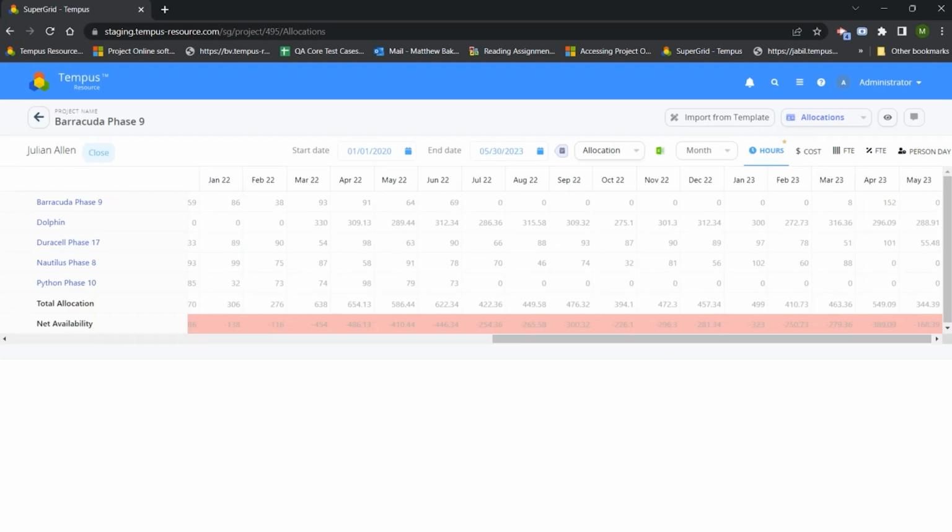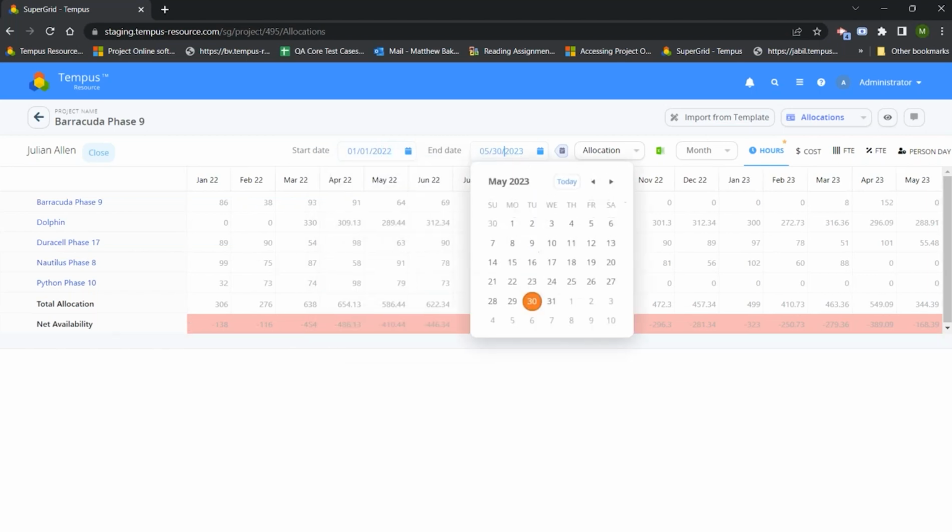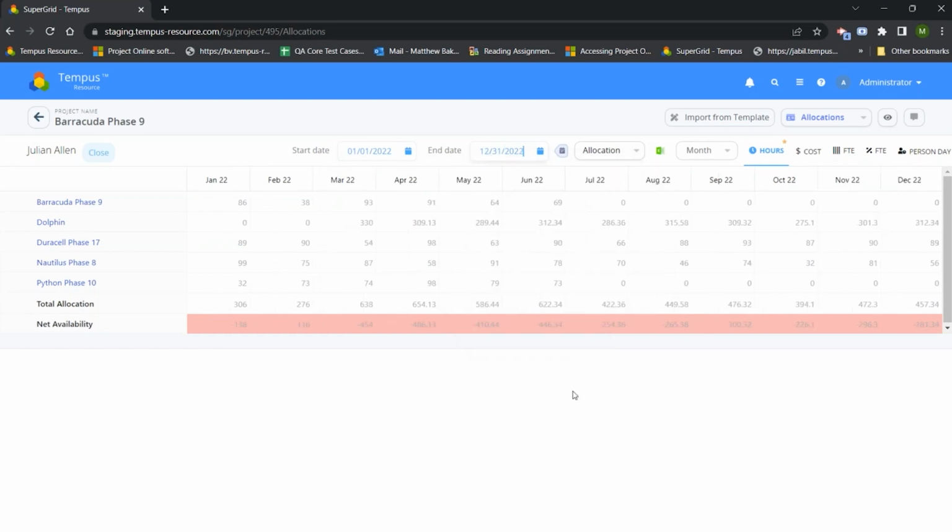And what you will notice is we do have a start and end date within here now. So this isn't controlling by any means the capacity, duration of the resource. This is just going to help filter the view down below and essentially say, well, I want to isolate maybe just the allocation for 2022 instead of the entire time frame of the project. We can go ahead and apply that filter, and we can do the end date and start date in this case just to show 2022, and you can see that the time frame has shifted to only show 2022 information,